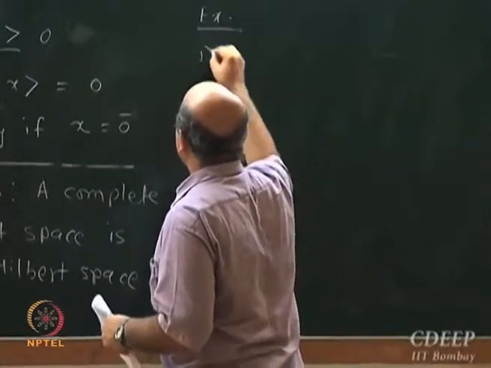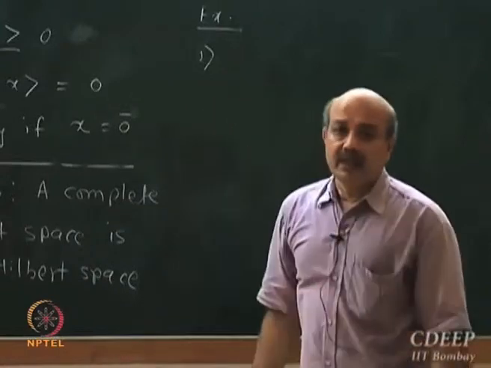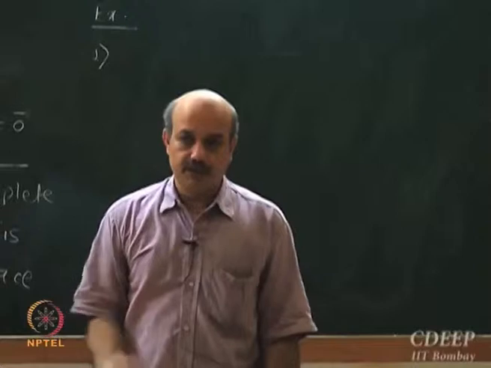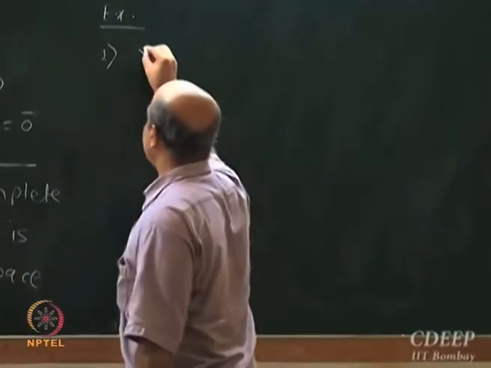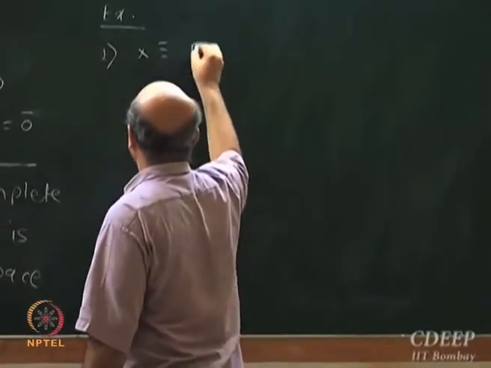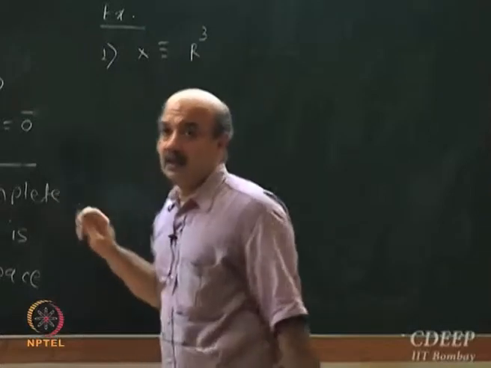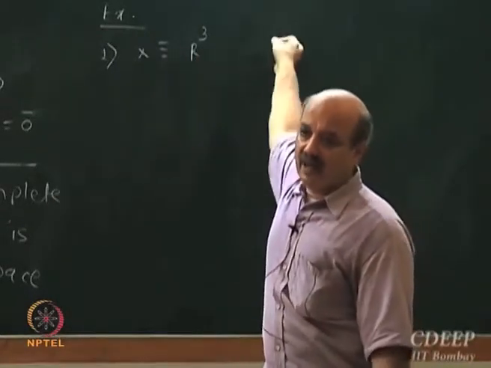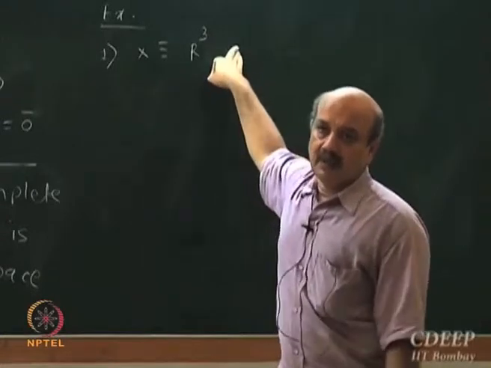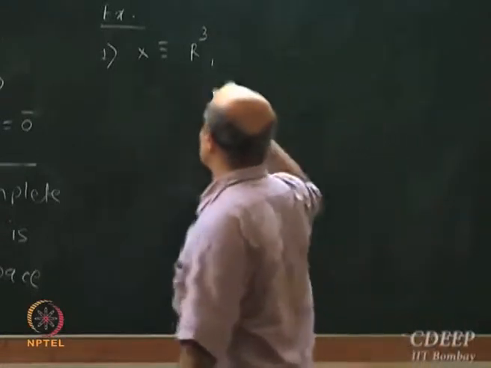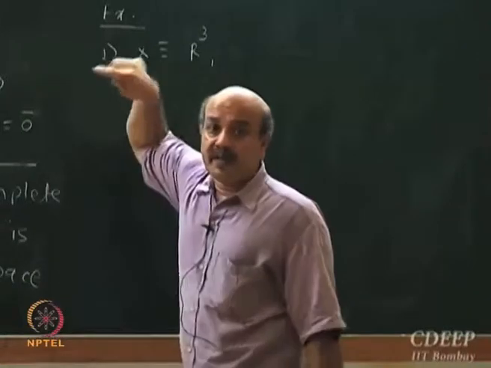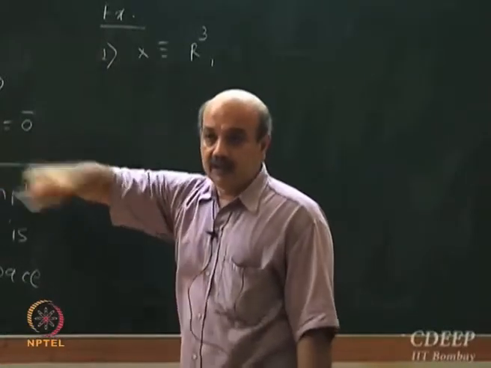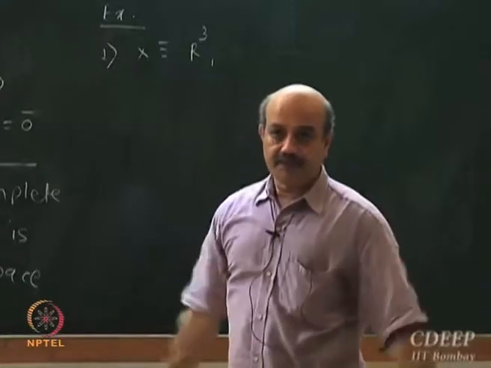My first example is to show that there is no unique way of defining inner product in 3 dimensions also. Let me take my X as R3. When you say R3, the field is R. I am not going to write it every time, just to keep things simple. I am going to define an inner product on this now, which is different from what we have done earlier, just X transpose X.